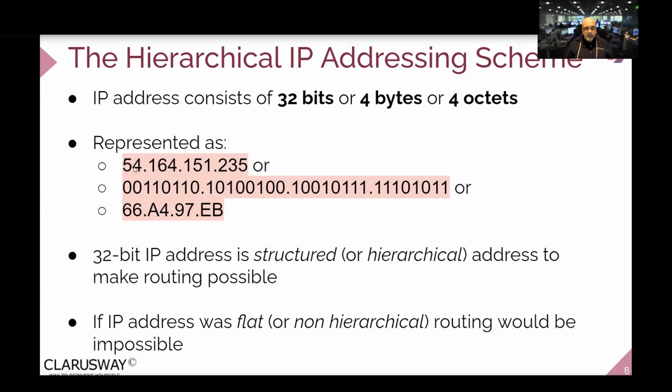Because each of these is actually a byte or 8 bits. So if each of these is 8 bits, that's 8 and 8 is 16, and another 8 is 24, and another 8 is 32. So each IP address consists of 32 bits, or you can think of it as 4 bytes